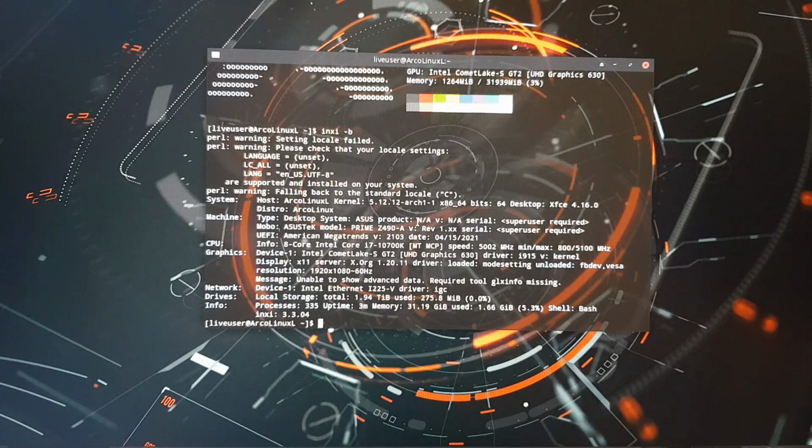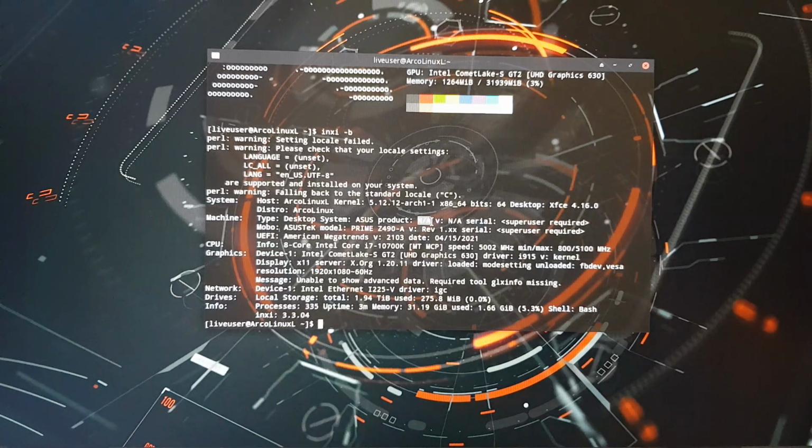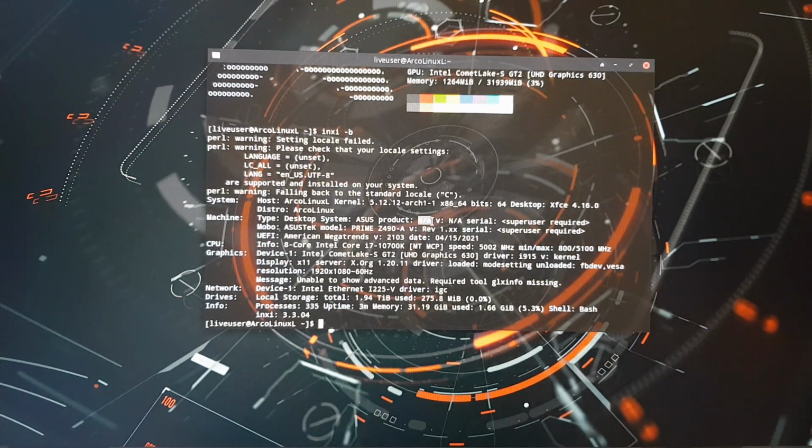It still doesn't know what this is, so the motherboard is not available. I'll read it again. It's an Asus Prime Z490-A. I've decided to take this one since the Z590, I saw some posts, does not work, does not work. Next kernel will have support. So I said, let's play it safe. So I went for an Intel with Z490, and then the rest is just, well, Intel in my case,